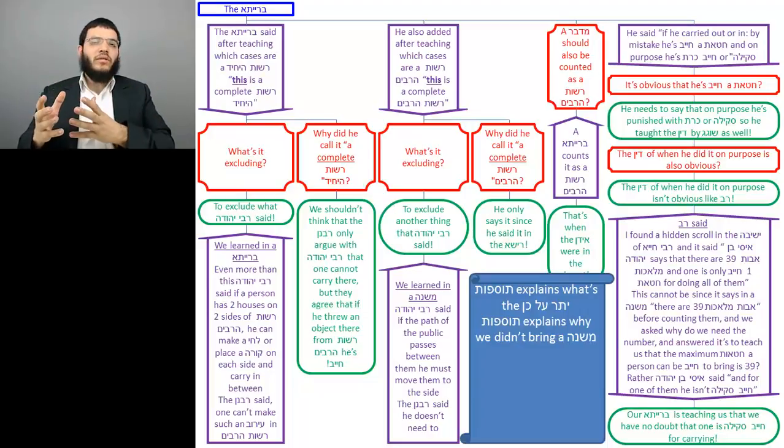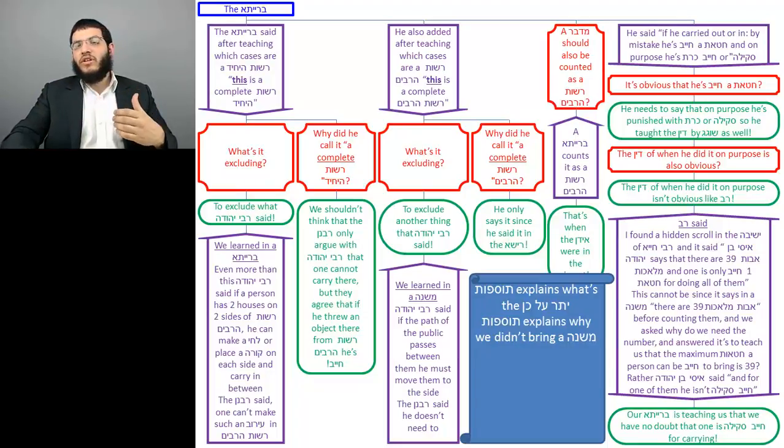Why do we choose a Brisa? So here again, we don't necessarily have a question on our own as we're reading the Gemara, but it's a question that's on our Gemara that we presented a Brisa instead of a Mishnah, and Tosfos explains to us why. So he's supporting the Gemara and showing us that the Gemara is correct and is doing the right thing by presenting the Brisa over the Mishnah, showing us why the Mishnah was not chosen.